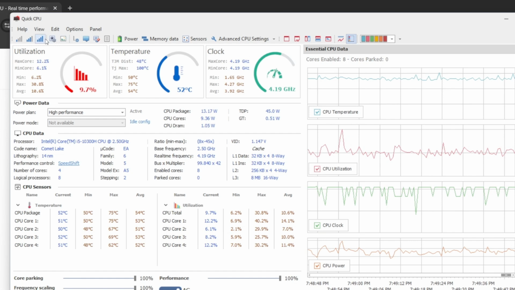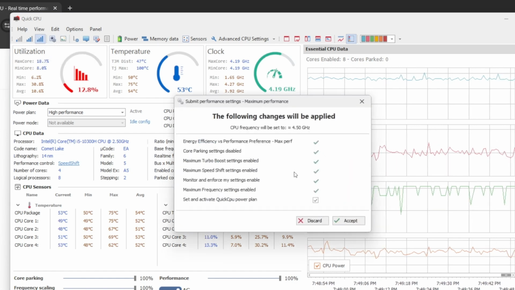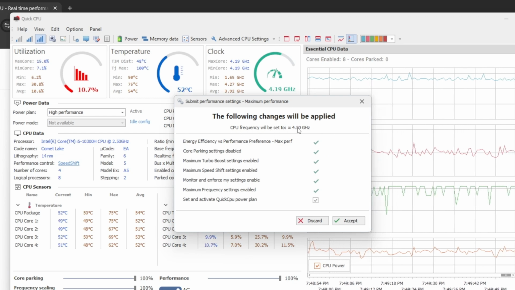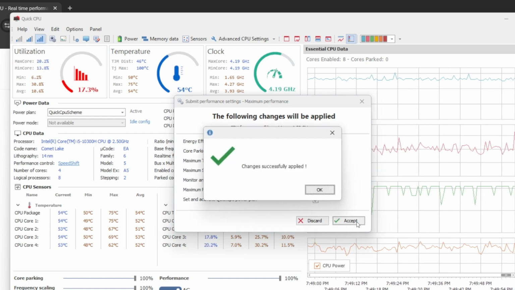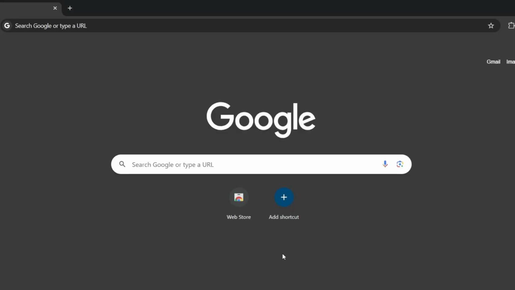To do this, we go to the top left and click the max performance icon, and then it will tell you the CPU frequency. For me, it's 4.5, the maximum. It's not the average, the maximum, and then you click accept. And then changes have followed. Perfect. Now we have done that, we want to do our second step, which is preferred but optional,